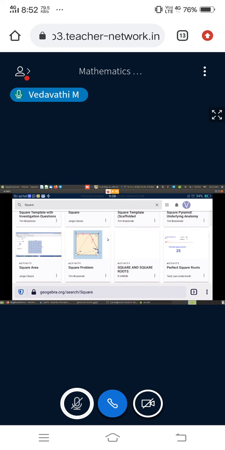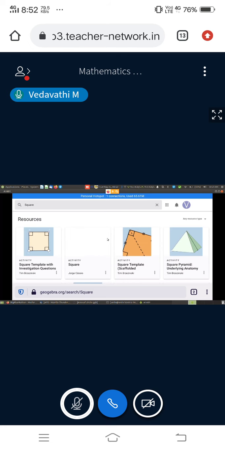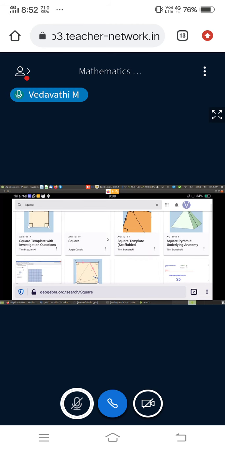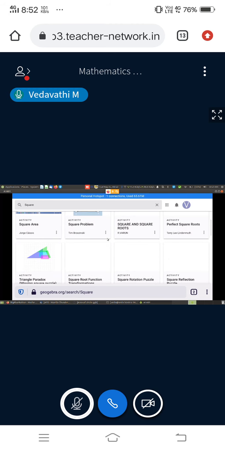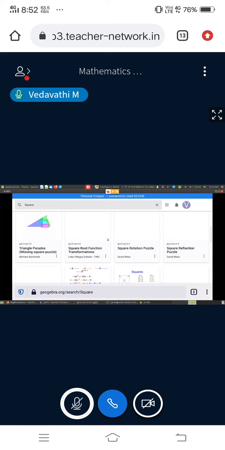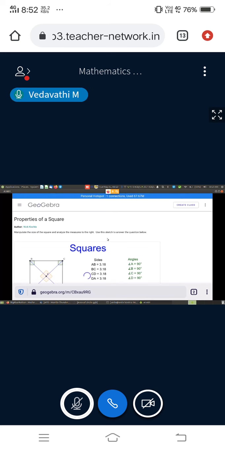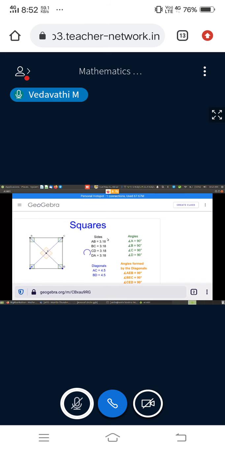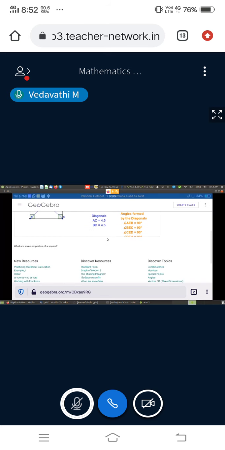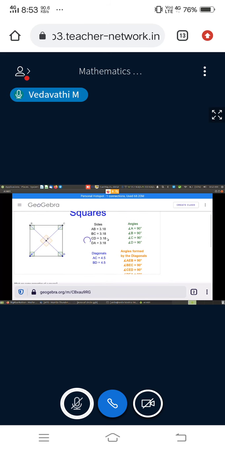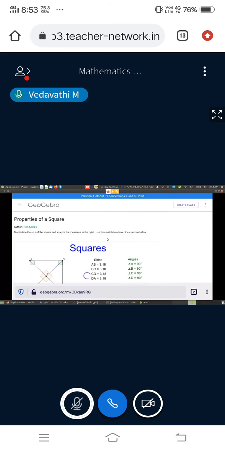So I got all the square related constructions here. Now I'll open any one of them just to show. So I think properties of square will be helpful. Now I'll click on the three dots at the top.